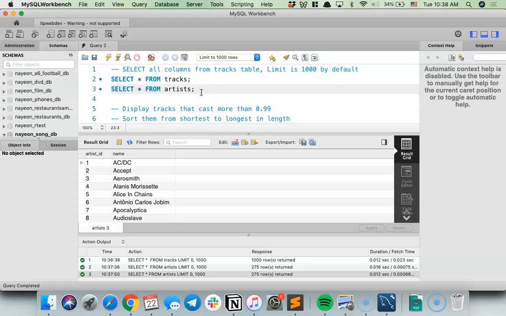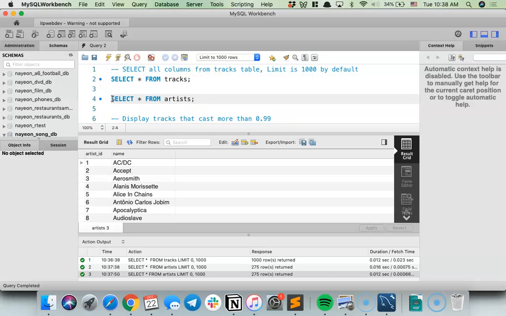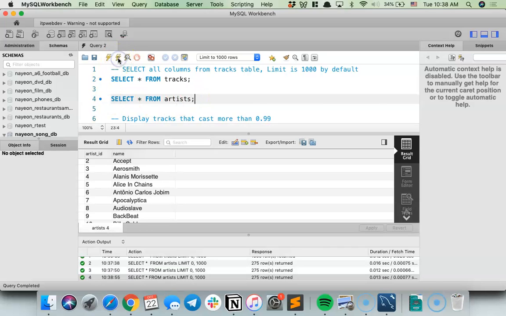Okay. So these are two separate lines. I just wanted to see the artist, so I clicked on the Thunderbolt with the eye on there, and then it's just running this line here. So it's not overwriting anything. I'm running one line at a time.